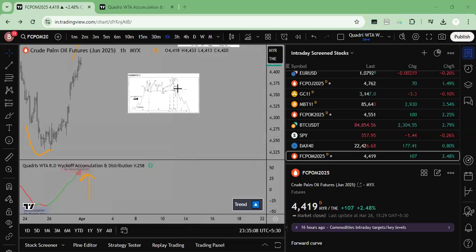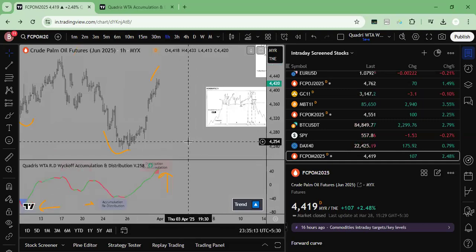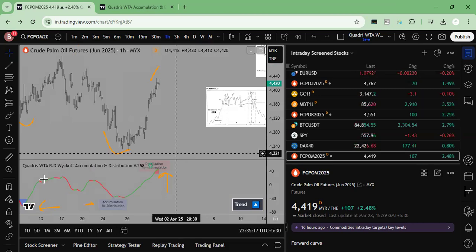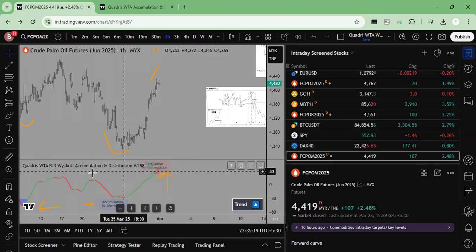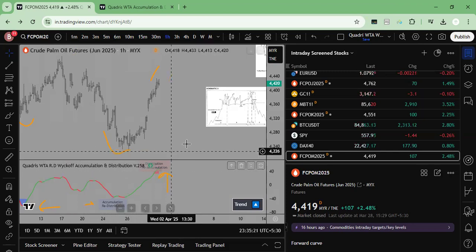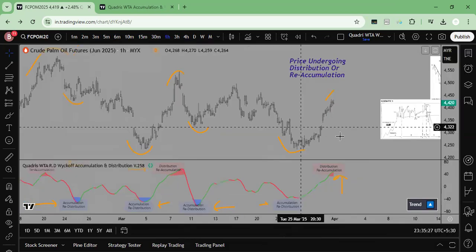So in this video, I'm going to talk about the version which I introduced a few days or few weeks back. That is Wyckoff accumulation and distribution. So what is this basically? This particular indicator or tool is going to give you